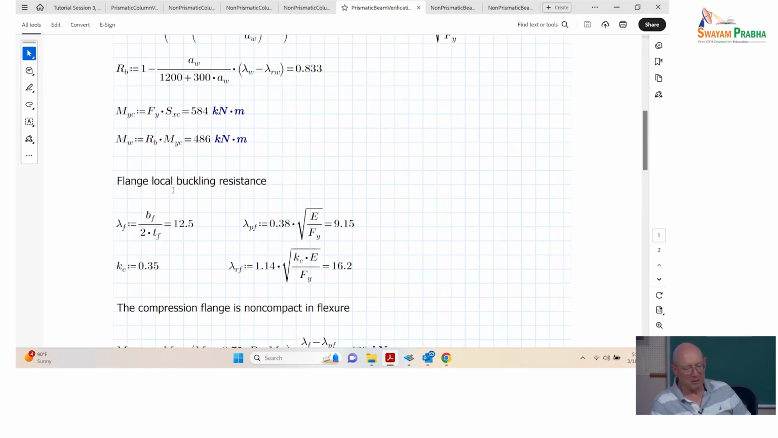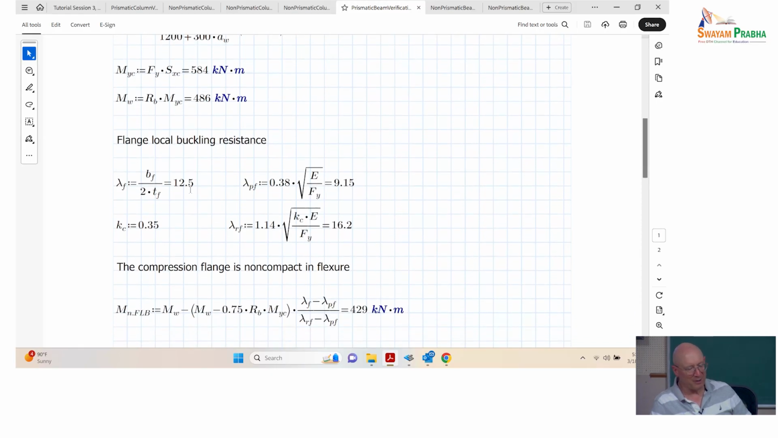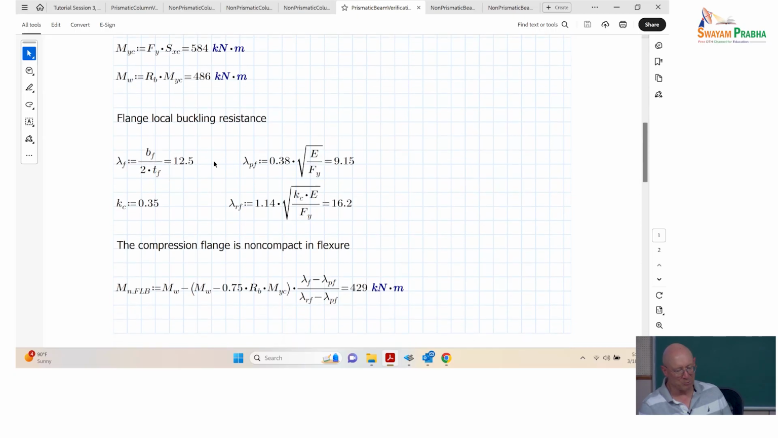All right, so now we need a flange local buckling resistance if this flange is class 3 or class 4. The compact limit in AISC, which is equivalent to class 2 in Indian code and Eurocode, we take 12, that would be 12.5 for this case. No, that's actually the actual B over 2T. The compact limit is 9.15, and so